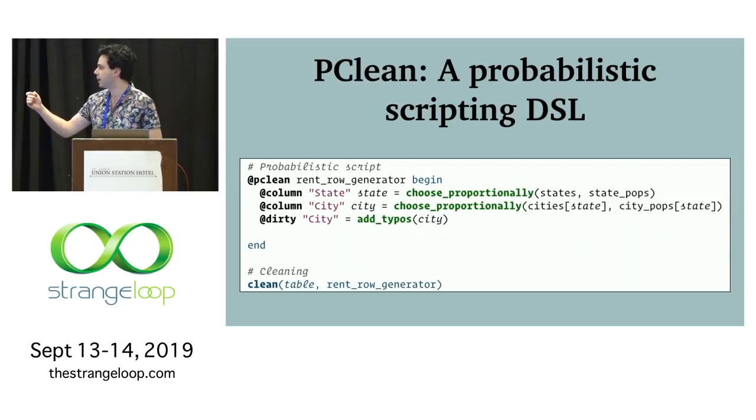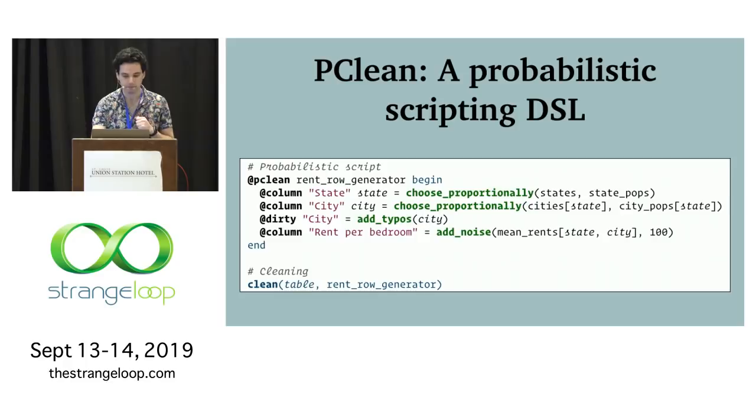Then, once we've added the typo, we flip another coin, the same coin with 10% probability of heads. If it's another heads, we add another typo. If it's tails, we're done after adding one typo. So what this does is it encodes that we think there's a 10% probability of there being one typo, a 1% probability of there being two typos, and so on. Finally, we're going to sample the rent, and here I'm assuming that we have access to this list of mean rents in all of the cities and states in the United States, so that we can just add some noise to it, where 100 is the standard deviation of that noise.